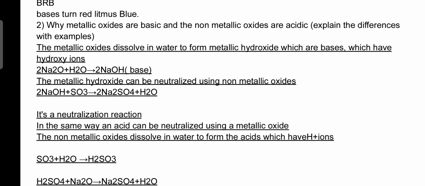So, sodium hydroxide with an acidic oxide, that is a non-metallic oxide, sulfur dioxide, again undergoes neutralization. Just like an acid neutralizes the base, the acidic oxide, that is SO3, neutralizes the base, NaOH. So you can give these two sentences with the examples to prove that metallic oxides are